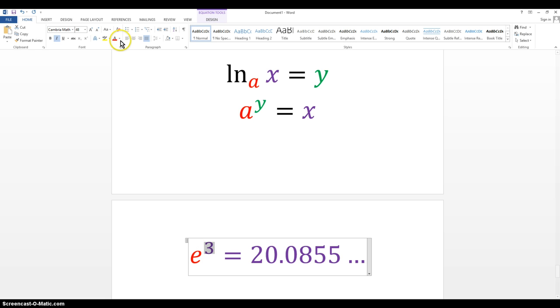3, exactly. So I'm going to go ahead and make that green. And then we have the X value, which matches up with what? Right, the 20.08555, etc. Okay, so now we just have to rewrite into this form the natural log of x base a equals y. Well, in this case, we have natural log